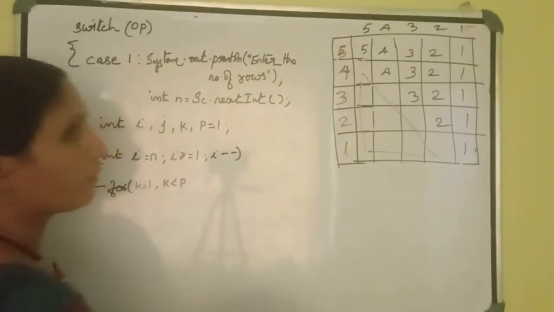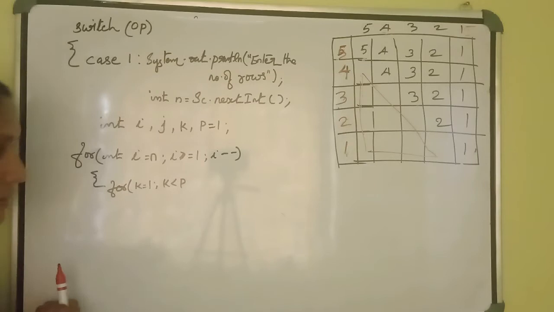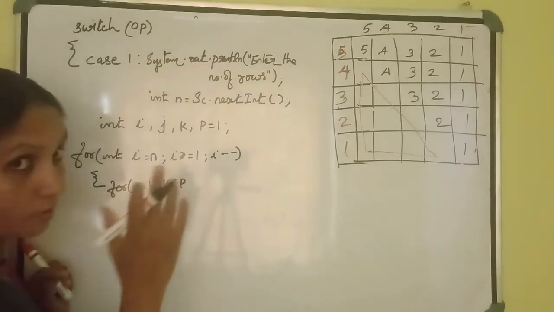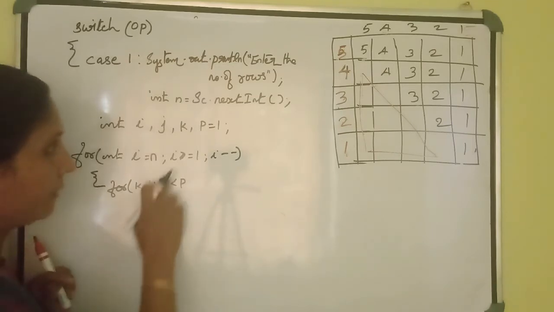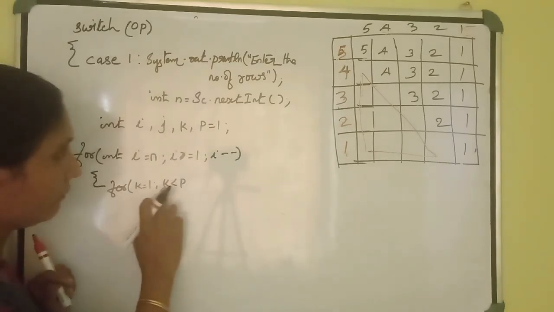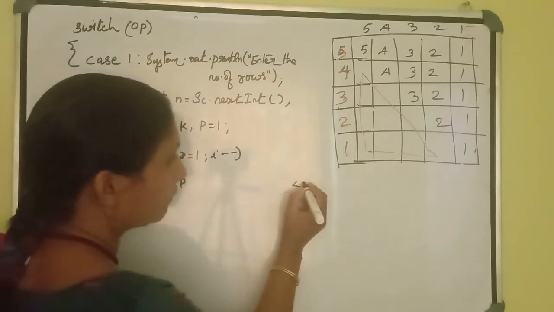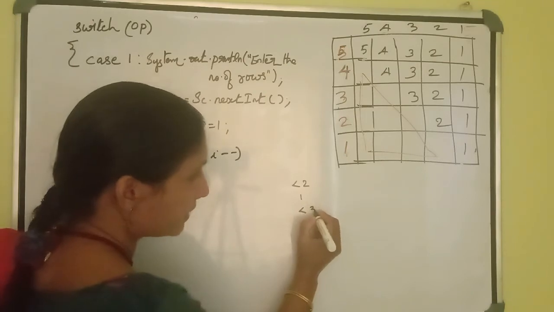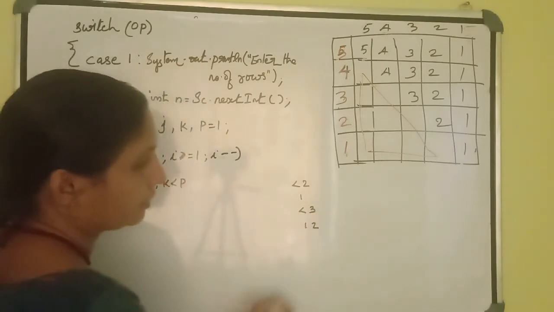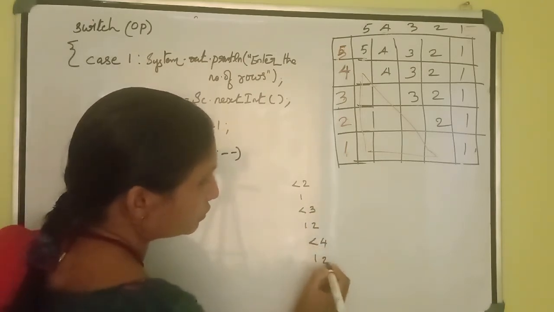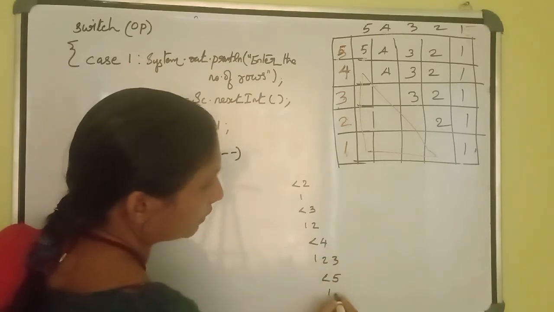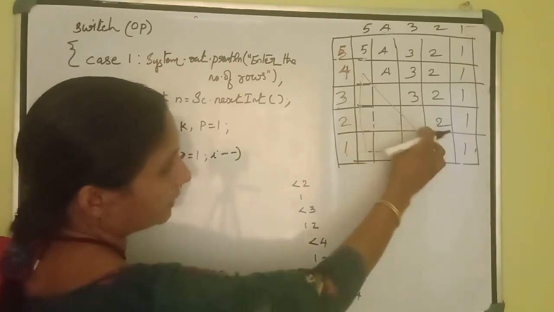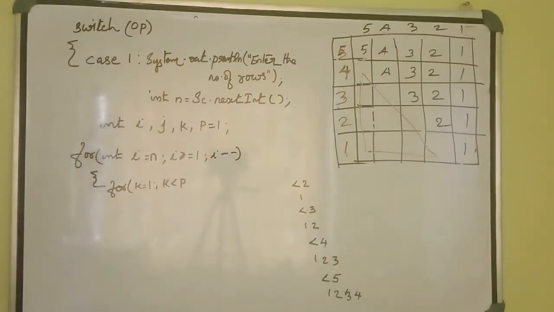But from the second row onwards we have one blank space, two blank spaces like that. That means if you run this program, there are no blank spaces for the first row, but in the case of the second one, we have one blank space. Less than 2 means you will get 1. If it is less than 3, you will get 1, 2. Less than 4, you will get 1, 2, 3. Less than 5, you will get 1, 2, 3, 4 blank spaces. See? Like this way. This is the logic of this program.